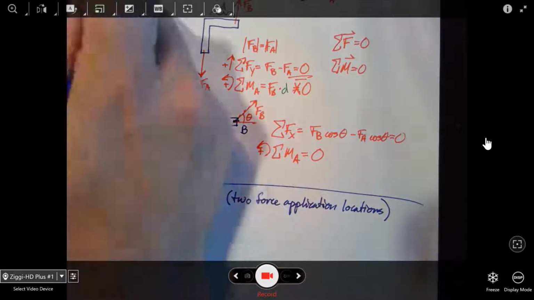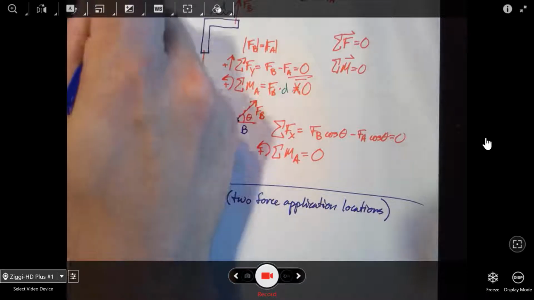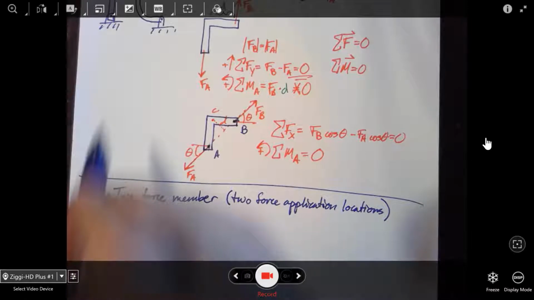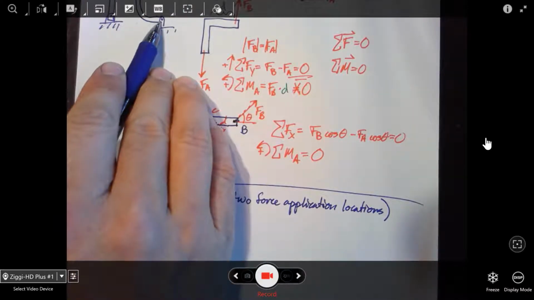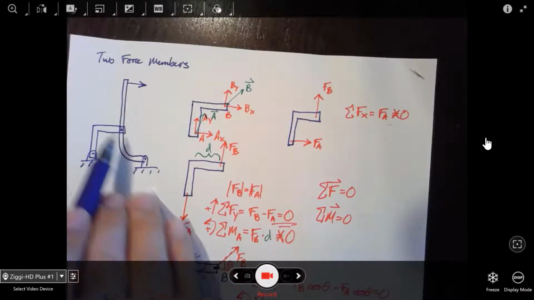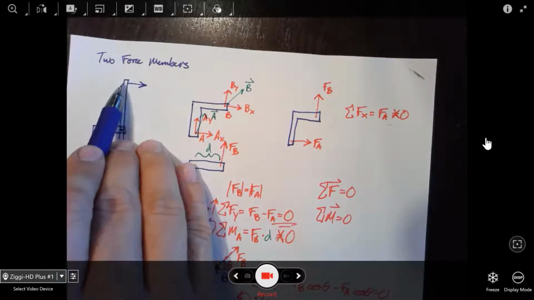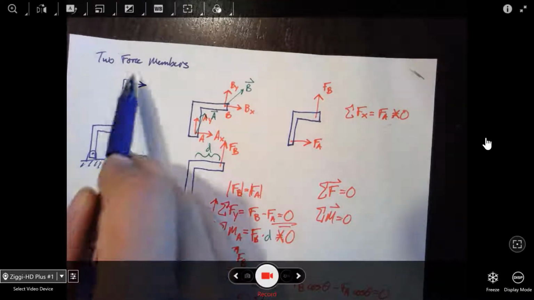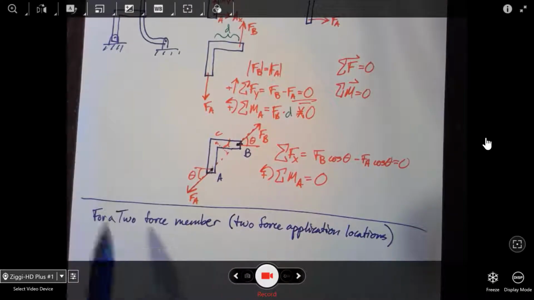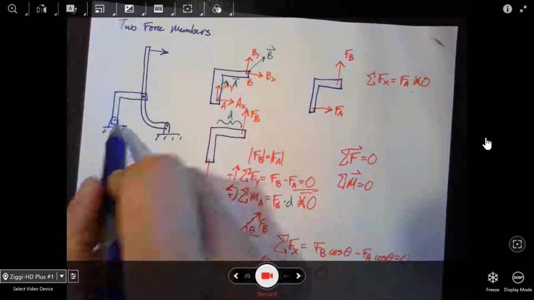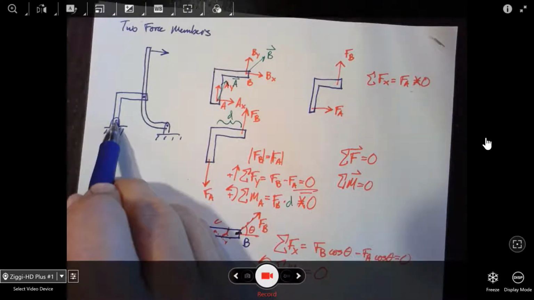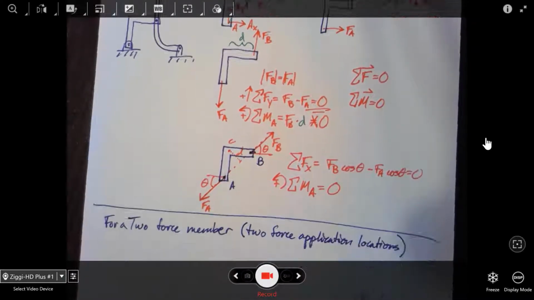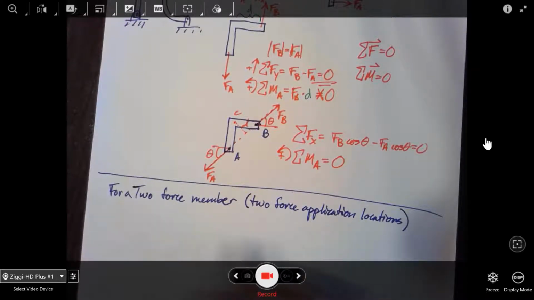If we look up at the lever arm here for this guy, is that a two-force member? It's not, right? Because actually I left something off. Here there's force application at the link, and there's force application where you pull on the lever. So there's 1, 2, 3 spots of force application. So this is not a two-force member. If we have a two-force member, it's more like the link here where there's just force at A and at B. So a two-force member, which means two force application locations, for it to be in static equilibrium,